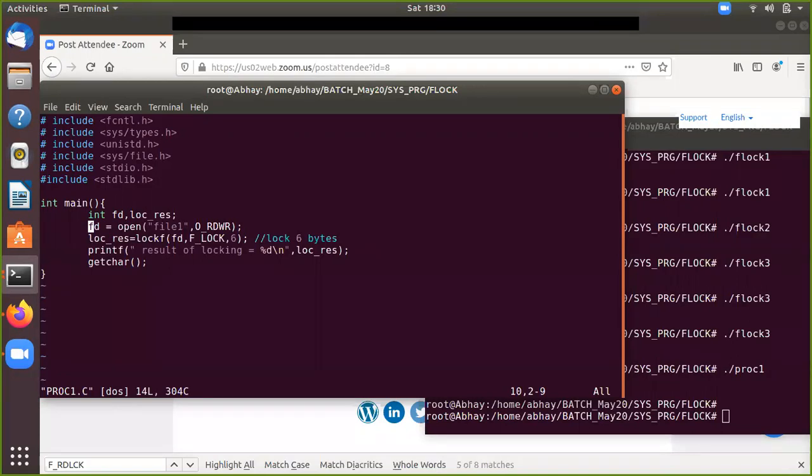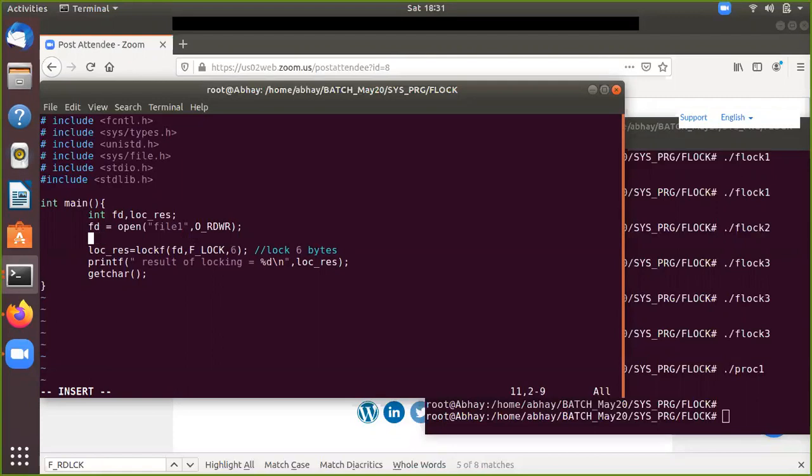We cannot mention it in this lockf line. No, here what you have to do is put an lseek first. You go with lseek, whatever the option is, move how many offsets you want, and then go for the lock.